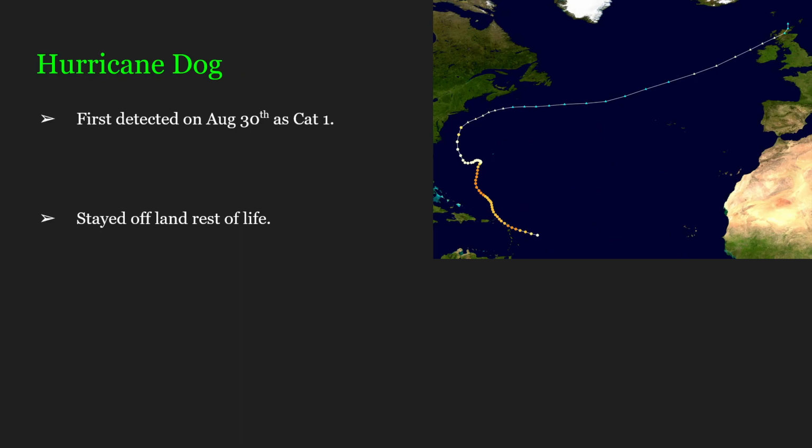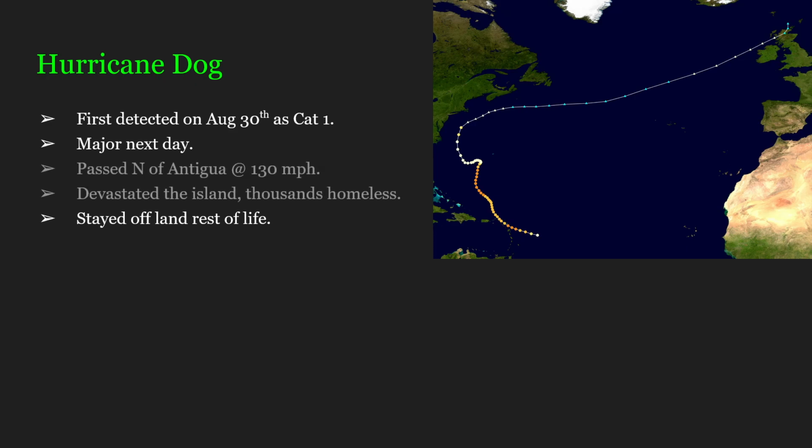Hurricane Dog is our next storm here, and it was detected as a Category 1 on August 30th. Dog would then become a major hurricane, meaning Category 3 and above, just the next day. Dog passed north of Antigua at 130 miles per hour and would devastate the island further on top of what Baker had already done